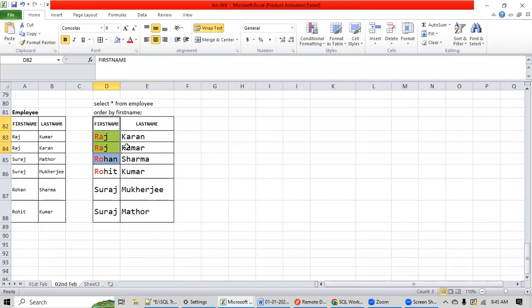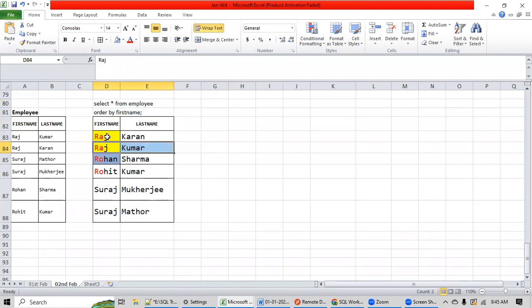Here, if they are both the same, it is totally the wish of the engine; it can display anything before and anything after. There is no reason for it. I will tell you afterwards what to do in that case. All the scenarios we will discuss. But for this use case, there is no reason why Raj Karan is displayed before Raj Kumar.